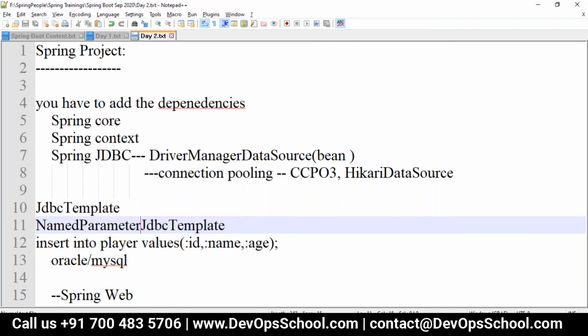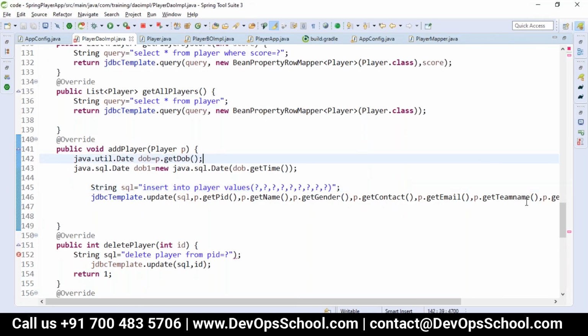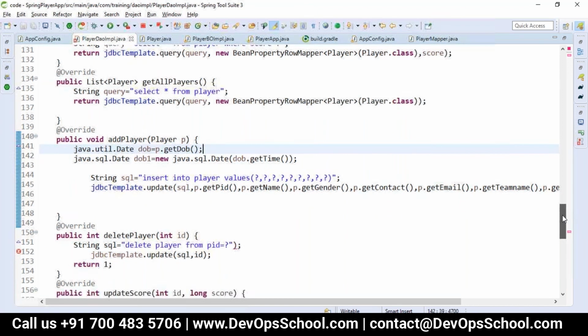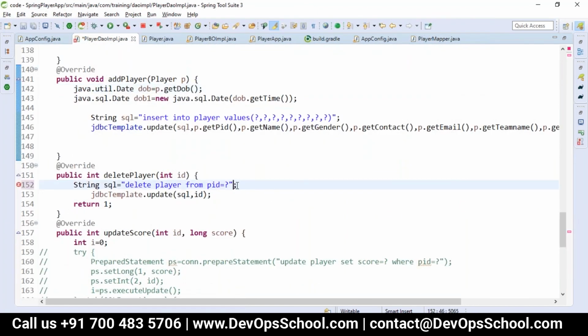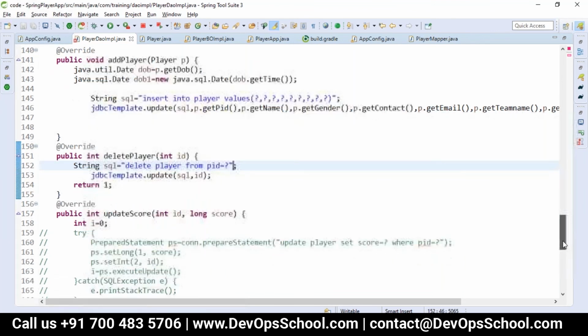Clear with this? Yeah. So if you want to insert into all the fields, you cannot directly give the object without the comma-separated values.